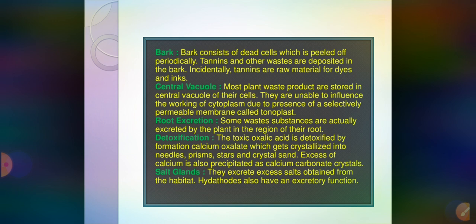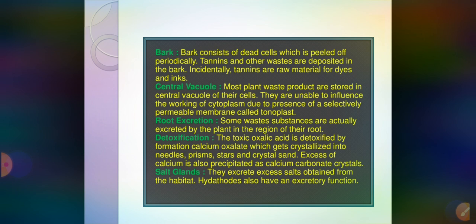Next one, central vacuole. Most plant waste products are stored in the central vacuole of their cells. They are unable to influence the working of cytoplasm due to the presence of a selectively permeable membrane called tonoplast. So the outer covering of the vacuole is called tonoplast. Next, root excretion. Some waste substances are actually excreted by the plant in the region of their root. Next one is detoxification. The toxic oxalic acid is detoxified by the formation of calcium oxalate, which gets crystallized into needles,